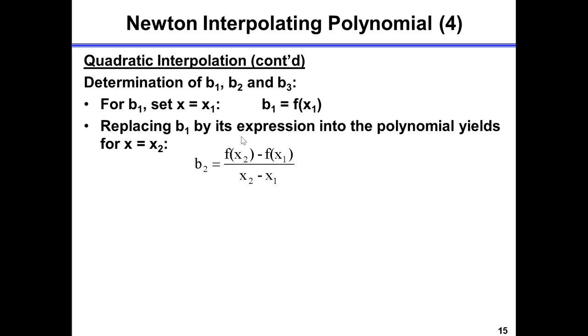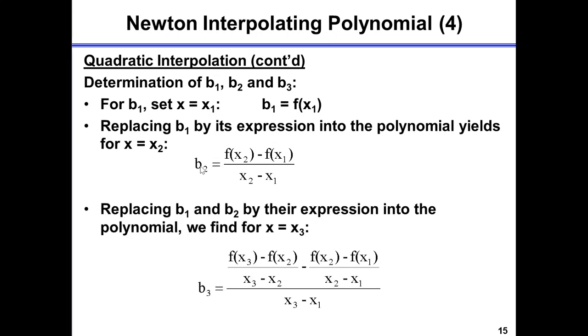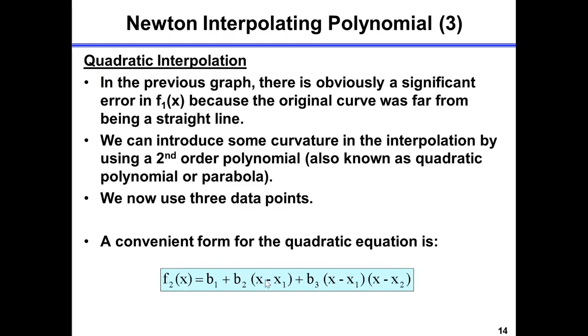And then we are going to replace b1 by its expression in the polynomial, and we are going to find out b2 equal to f of x2 minus f of x1 over x2 minus x1. So we found b2 as well. In this equation, we know what b1 is, right? b1 is f of x1, and then instead of